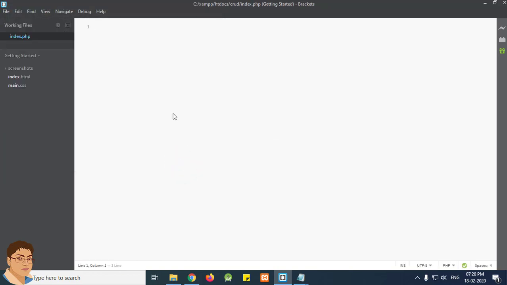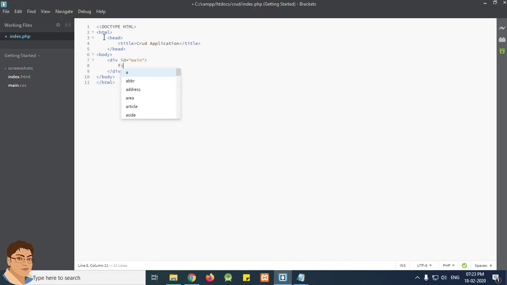Next, I will create the HTML template for this file. Alright, first we will create a div and I will give an ID of main, and inside this div I will create a form. So write form, method post and action